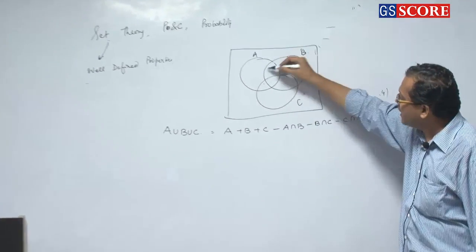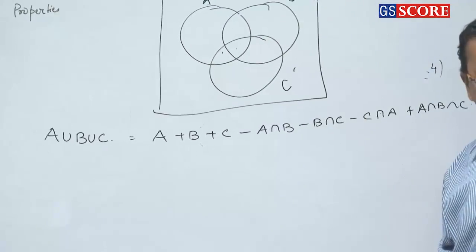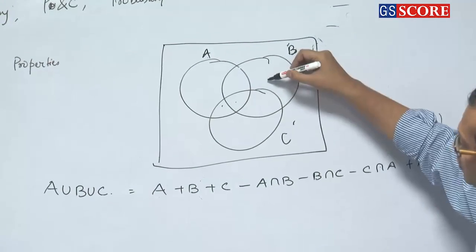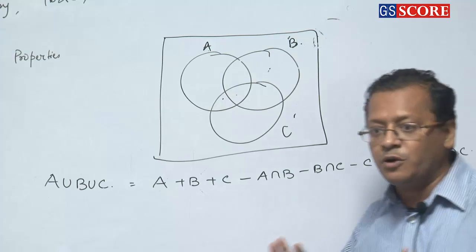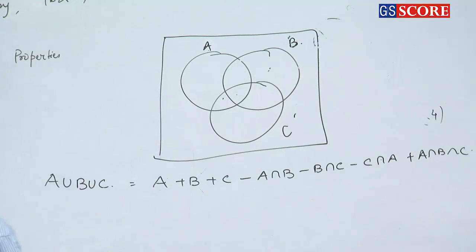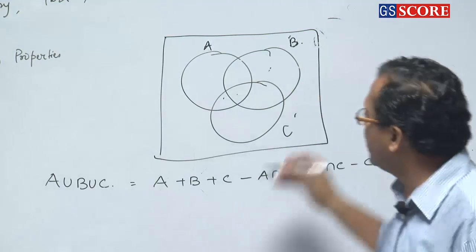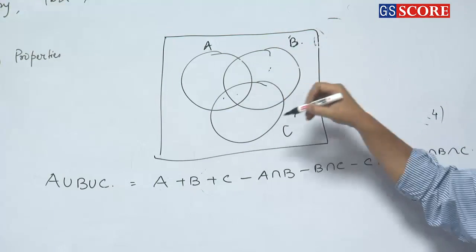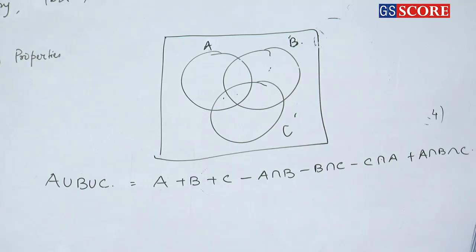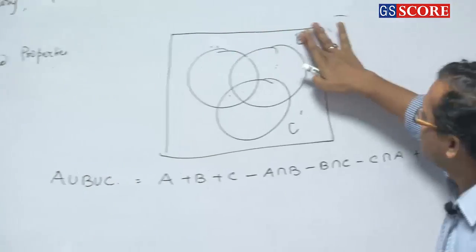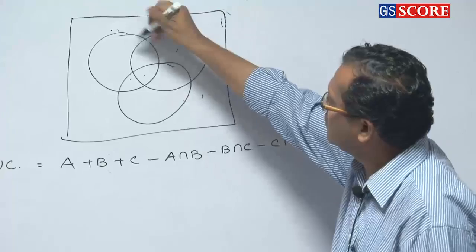When I say B, I mean the entire B. The mistake students make, when it's given B, is that they mark only this part if they want to solve it with a Venn diagram. But the truth is, when I say set B, I mean the entire B. Okay? No problem here? Clear? So now I change the values and write some values here, and then I ask you some questions.